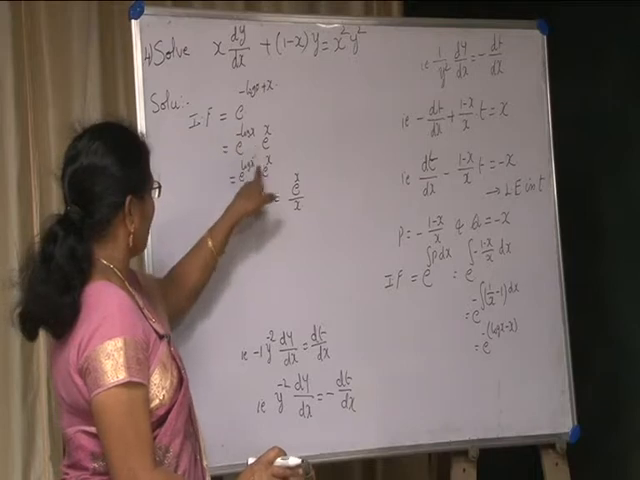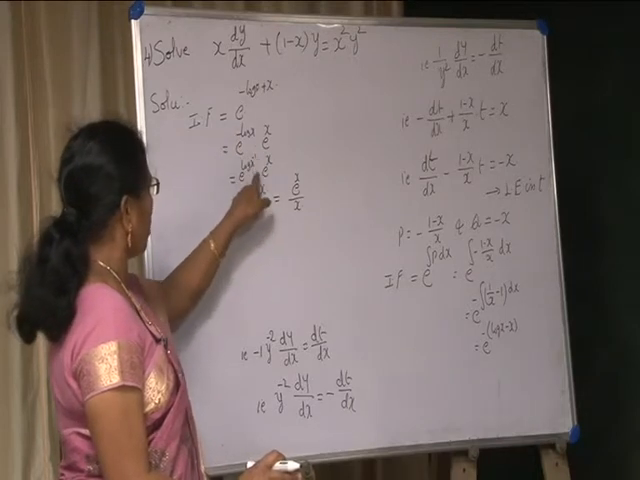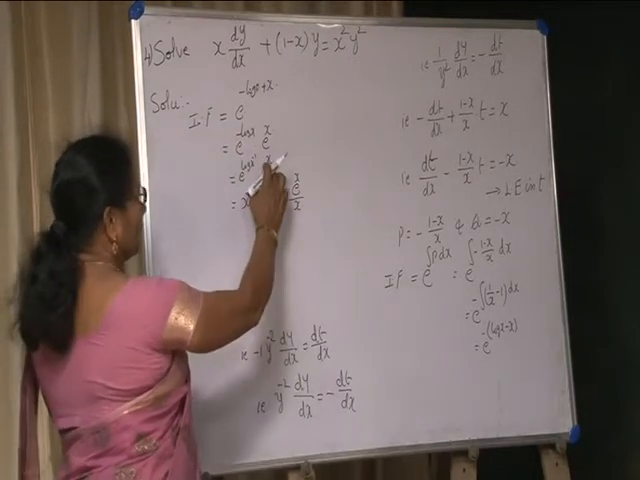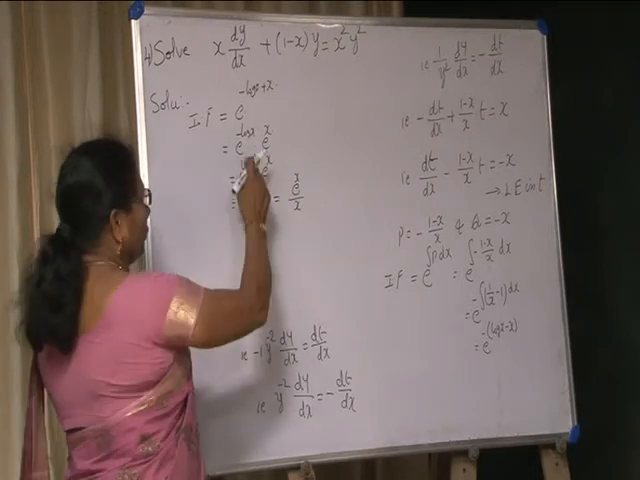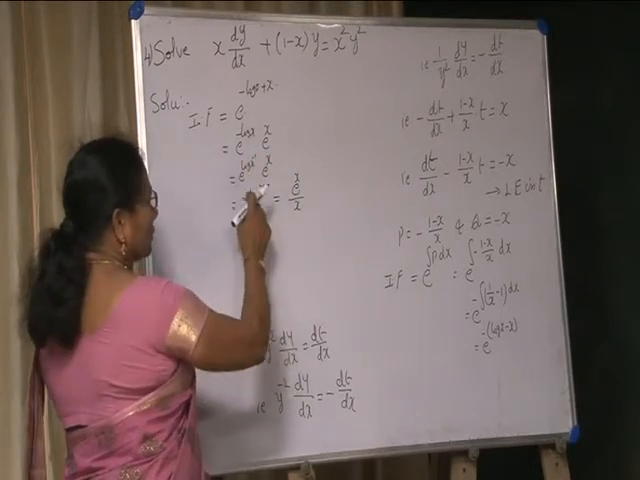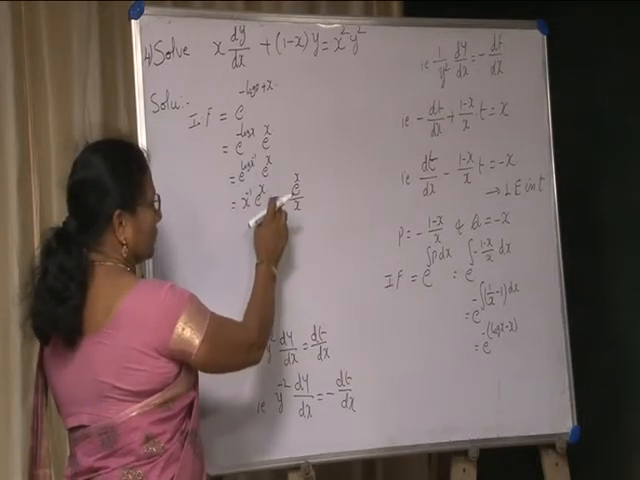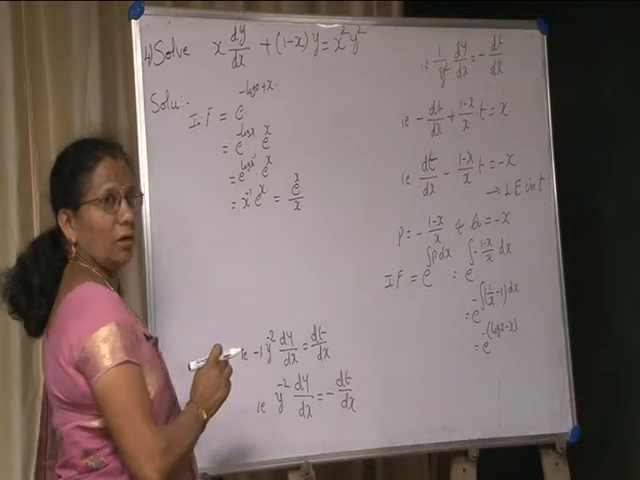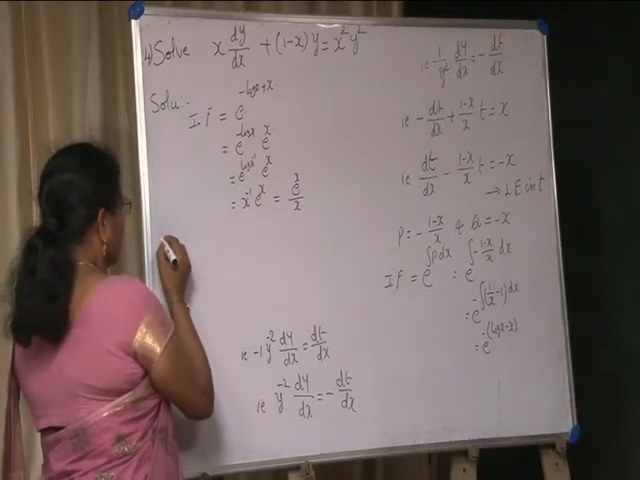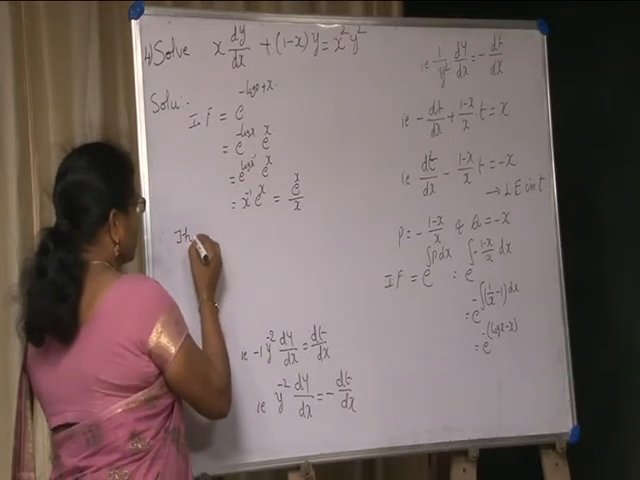But minus, I have taken here e to the power of log of x to the power of minus 1 into e to the power of x. We know it very well, e to the power of log x is equal to x. So, x to the power of minus 1 into e to the power of x is equal to e to the power of x by x. Therefore, the solution is